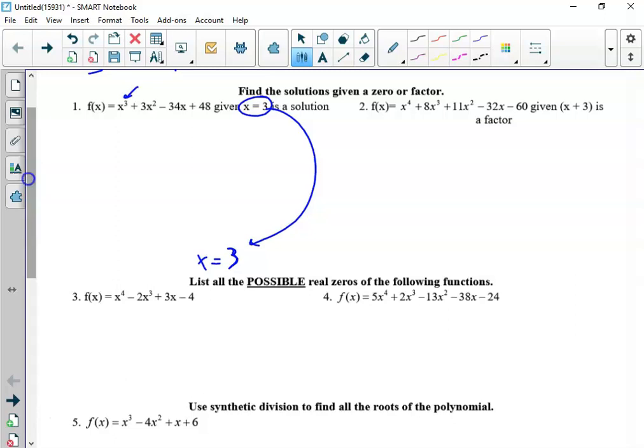So back to what the problem is, synthetic division. We're told 3, so we just put 3 there. We look at our original, we have a cubic term, we have a quadratic term, we have our linear term, and we have our constant term. No need for 0 fillers. We drop down, multiply, add, multiply, add,